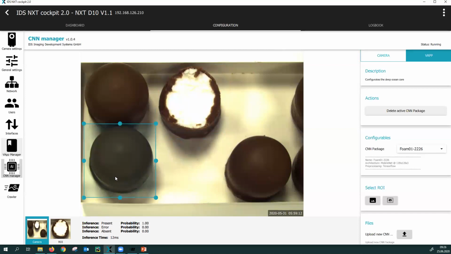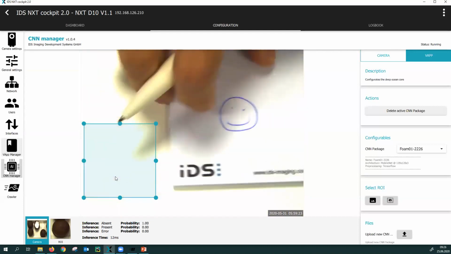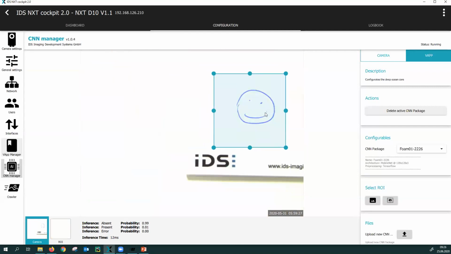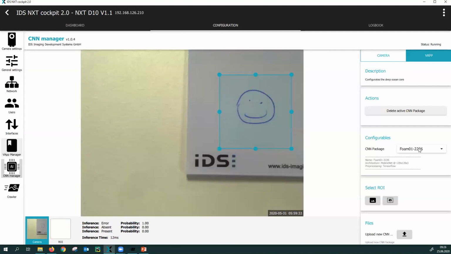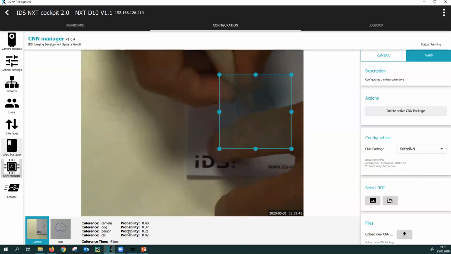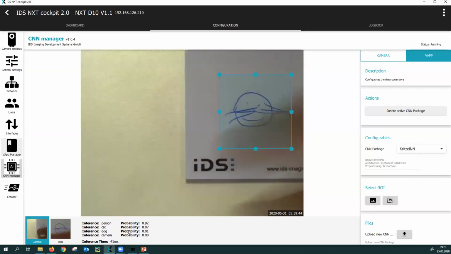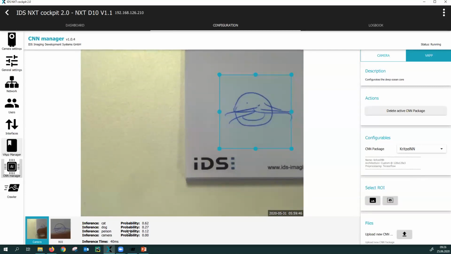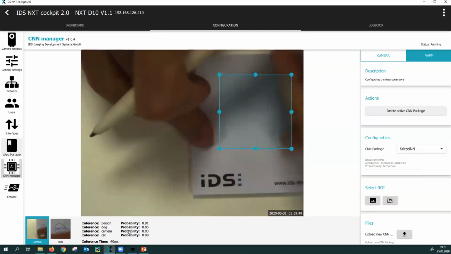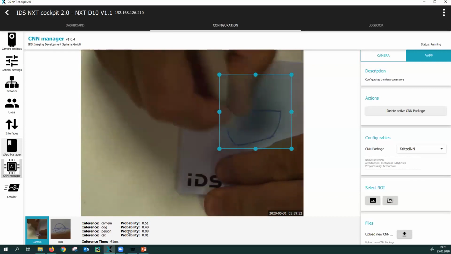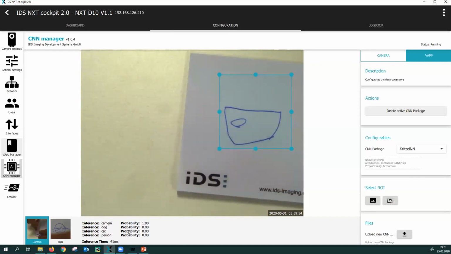And just to get the arc to the beginning, I would like to prove to you that the neural network indeed can identify images, drawings. We just have to switch to the according model, like here. And now the neural network identifies this person correctly. And as soon as I apply a set of whiskers, ugly whiskers, it still identifies it as a cat. And okay, let's finally also do the camera. Yep, it's camera. Very good.